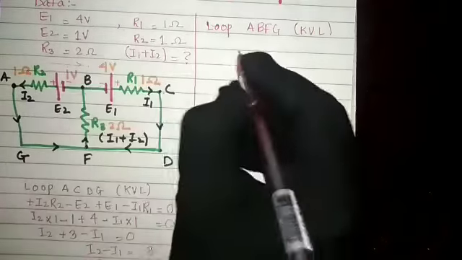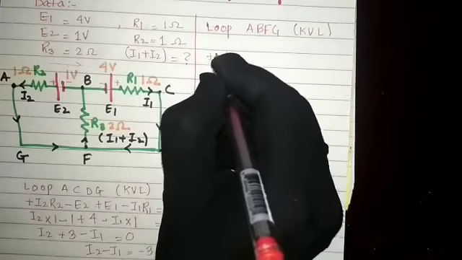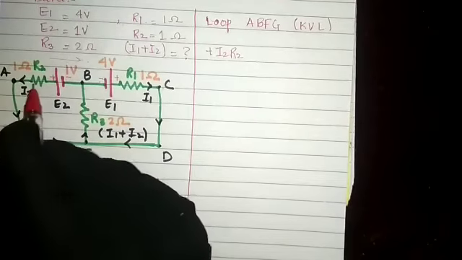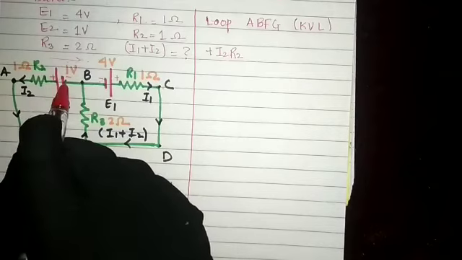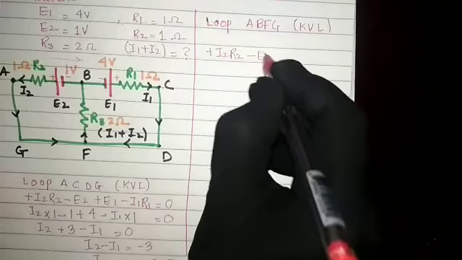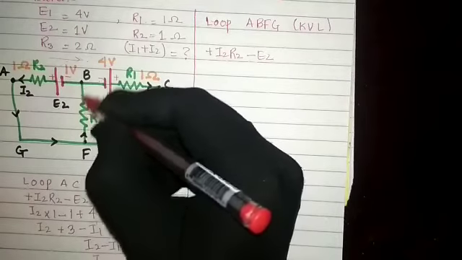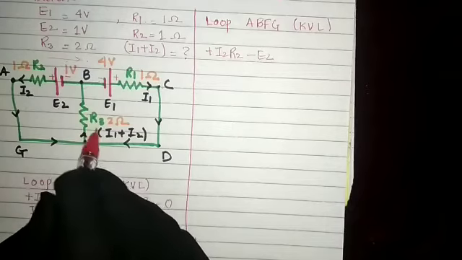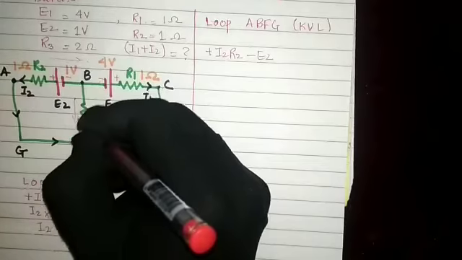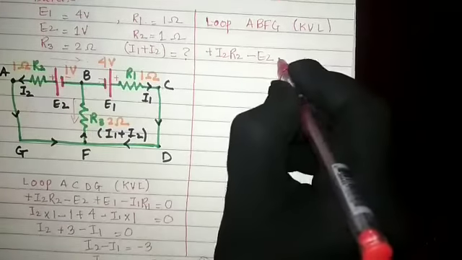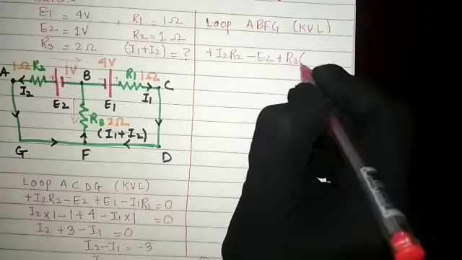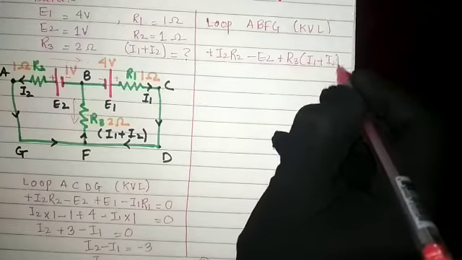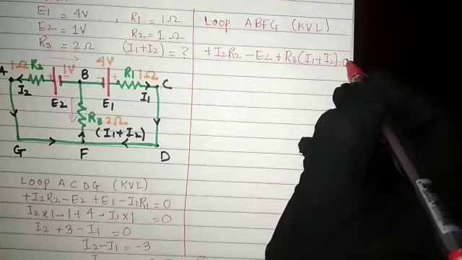So again our tracing direction is like this, same as the earlier loop. That is positive of I2 R2, you can see here the opposite direction. Then we go from positive to negative terminal of the battery, that means it will be negative of E2. Then we go from B to F. Here we have current and resistor R3, and our tracing direction is like this and the direction of current is opposite, that means this will be positive. So positive of R3 into I1 plus I2, nothing else is there, is equal to 0.